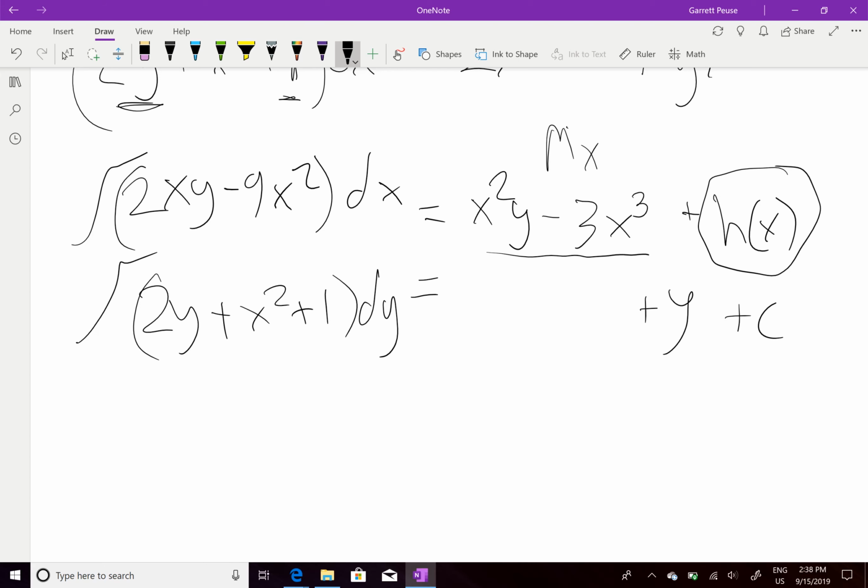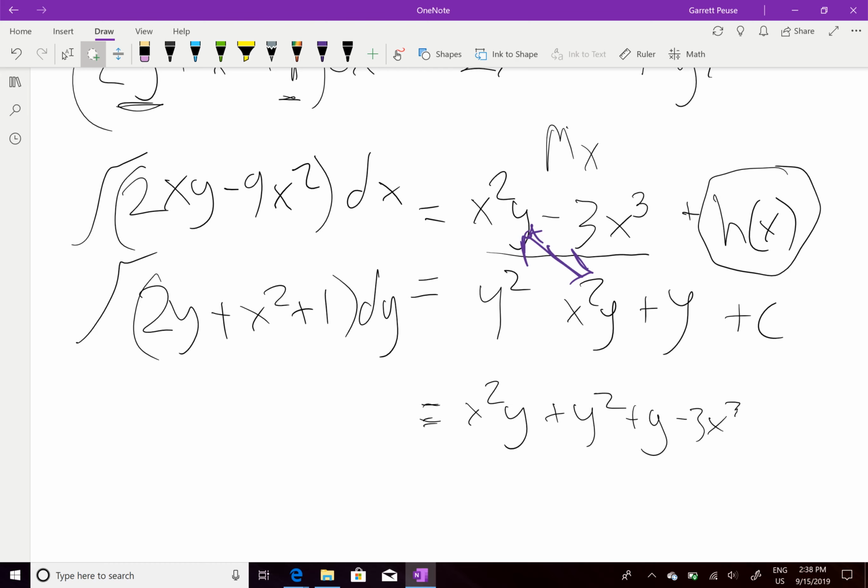Let's see here. Y. We're getting an x squared. Notice we have like terms. We don't need more than 1. And then we're getting 2y, so we're going to get a y squared. Since these are similar and we only need 1, we're going to get rid of that in our final equation. Looks like, for this exact equation, it will look like something like x squared y plus y squared plus y minus x cubed